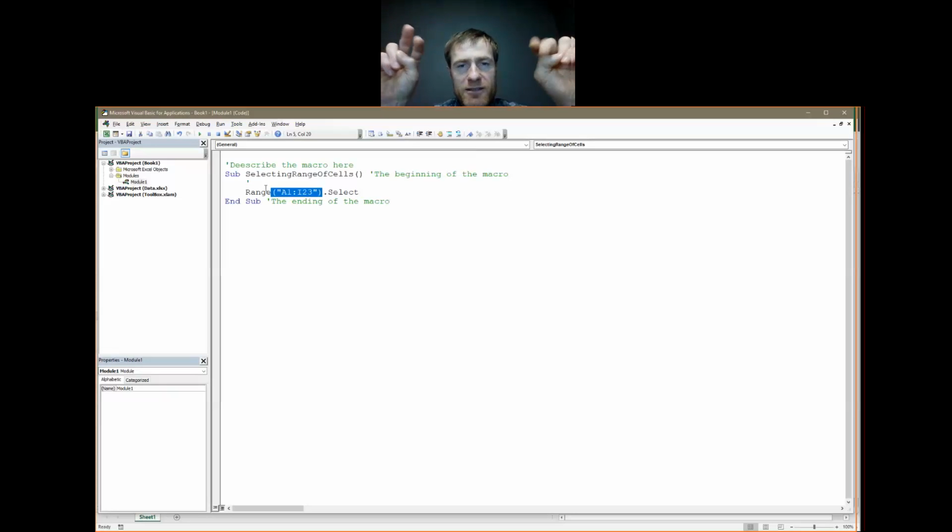we've got a text, which I can recognize by the quotation marks. This is a text, but this text we very well understand because in Excel, it means a range of cells, right? This is how the range of cells is represented in the Excel application. So yes, this is how you define a range of cells here. And then we've got a dot, and after it we've got the information about what we are going to do with that range. Here it's select, but